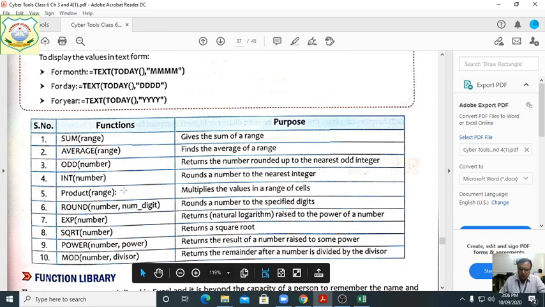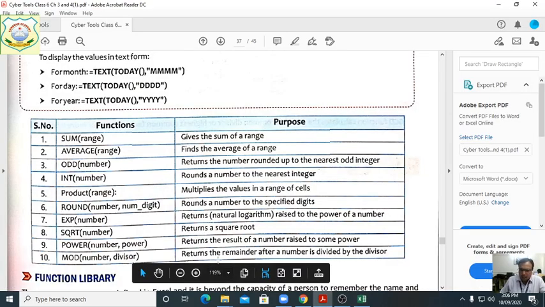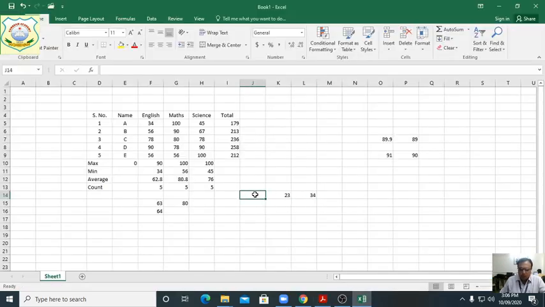Now product, how to find the product? Listen, students, suppose here 179 we have taken, clear? We want to multiply numbers, I am taking another set, 23 and 34. We want to multiply these numbers, what do we have to use? PRODUCT and a range. Okay, one more set we are taking, 23, 56, 78, then 90.